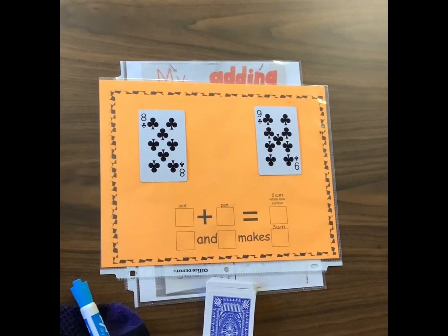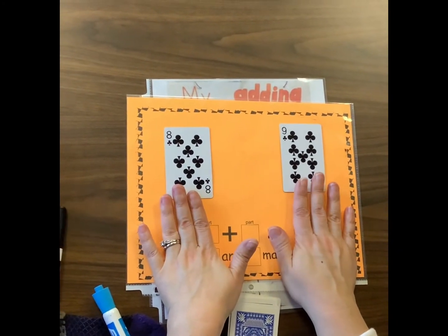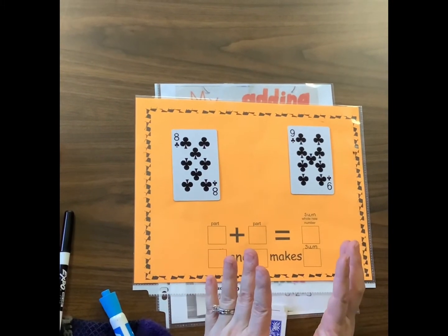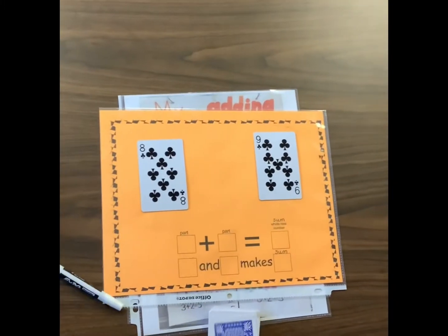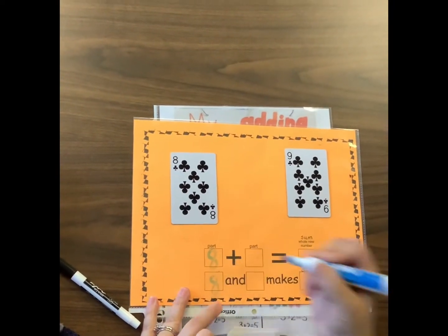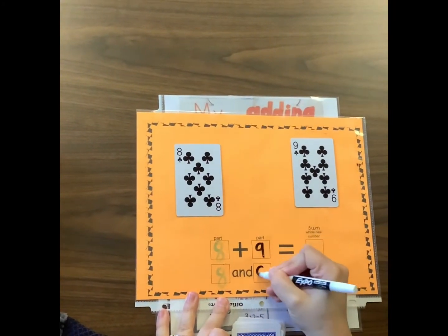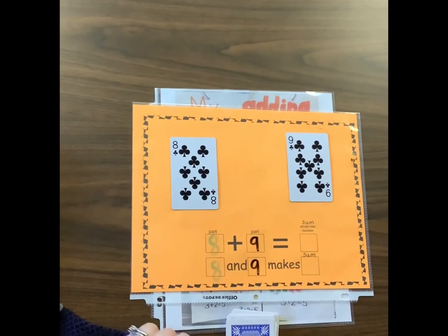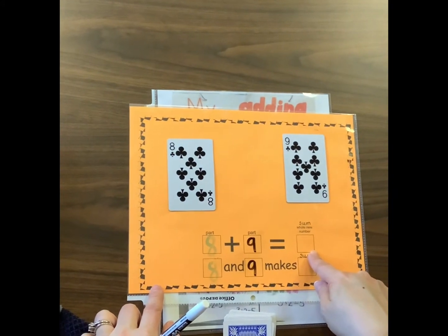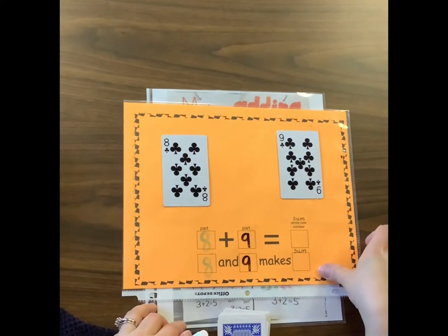All right, now that I drew my cards, drew two of them, I have one part plus my other part. So now I'm going to write my number sentence and my adding language so I know what I'm doing before I pick a strategy. So my first part is 8, so I'm going to draw 8 in my equation. And my next part is 9. So my equation that I'm going to be solving is 8 plus 9 equals, or 8 and 9 makes,